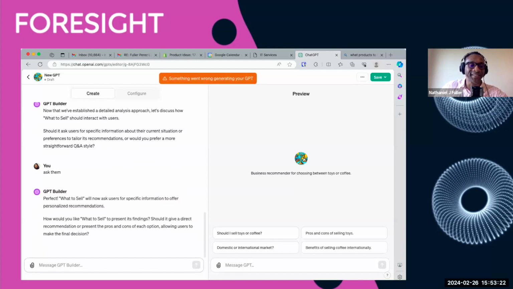Perfect. So What to Sell, we'll now ask for specific information to offer personalized recommendations. How would you like What to Sell to present its findings? Should it give a direct recommendation or present the pros and cons of each option, allowing users to make the final decision? That's awesome. I would say a direct recommendation would be good here, only because I think people want